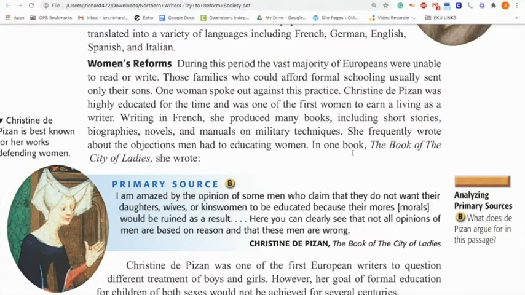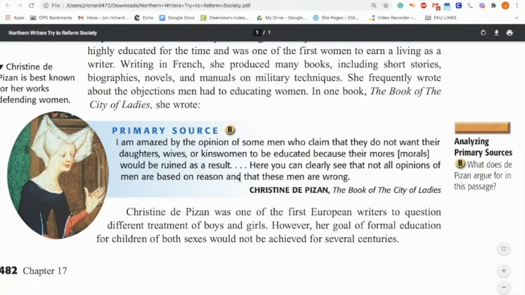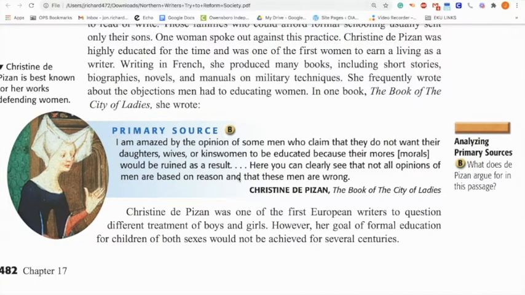In one book, The Book of the City of Ladies, she wrote, "I'm amazed by the opinion of some men who claim that they do not want their daughters, wives, or kinswomen to be educated because their morals would be ruined as a result." This crazy idea. "Here you can clearly see that not all opinions of men are based on reason and that these men are wrong." So she's calling out men, and this is hundreds of years ago,